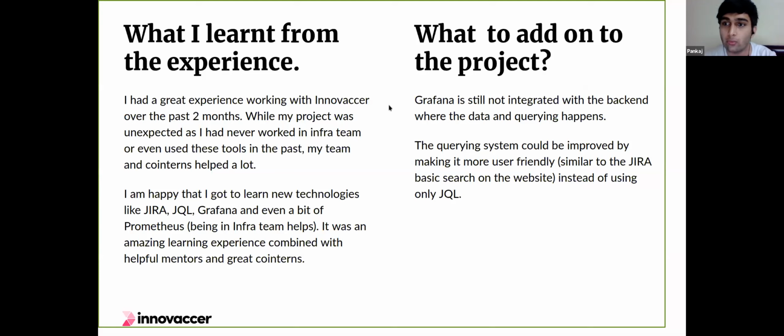Also, a slight mention on what we can do to the project in the future. Obviously, number one priority would be to finish the implementation of Grafana so that the project is a lot more user friendly. And another thing that wasn't exactly a part of the project, but I wanted to do was maybe try out a user friendly way of using command line to search for information on the Jira data without actually using JQL, because JQL, again, even though it's easy to learn, still has a very specific syntax. And I wanted to use something like the basic Jira search, but that which also works on the command line.